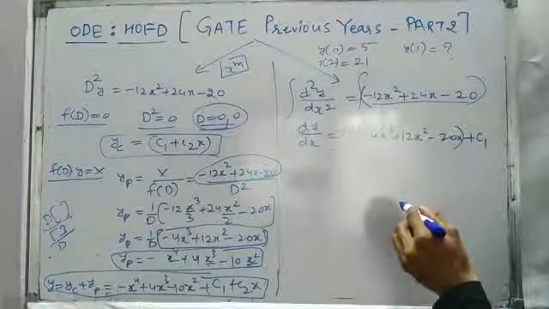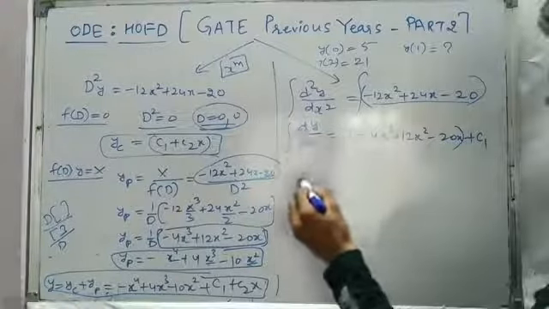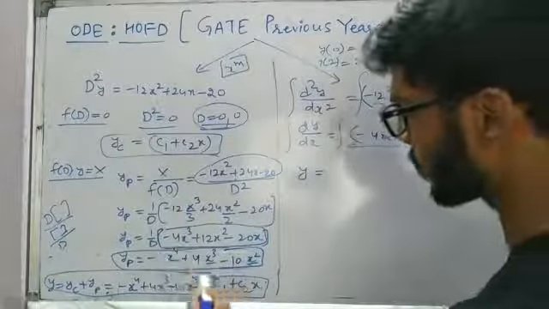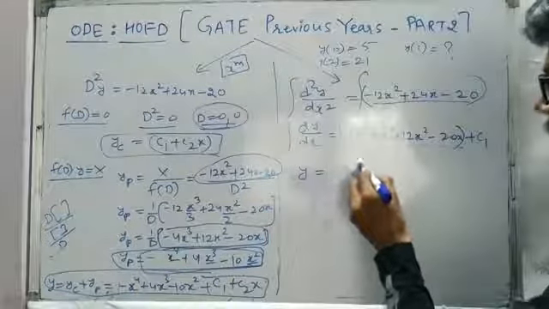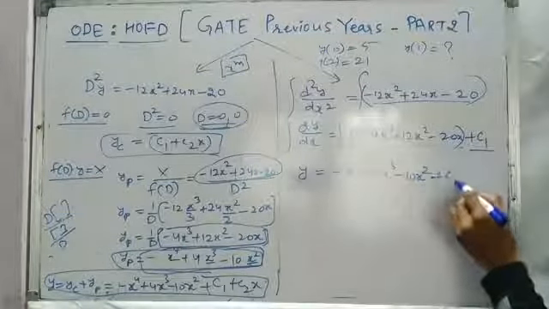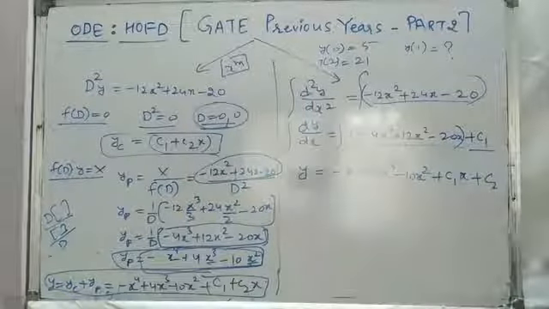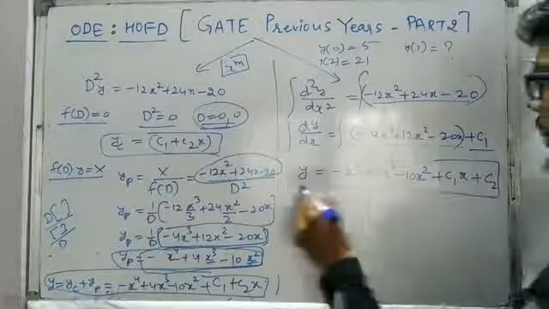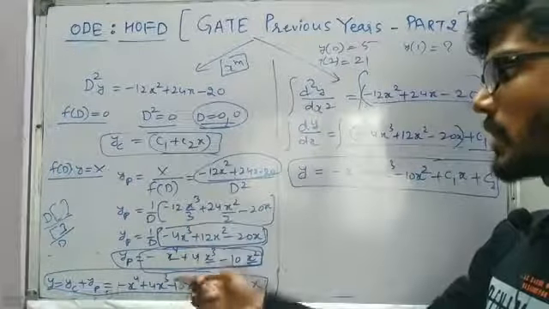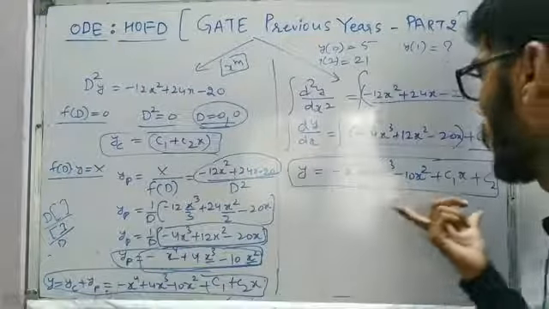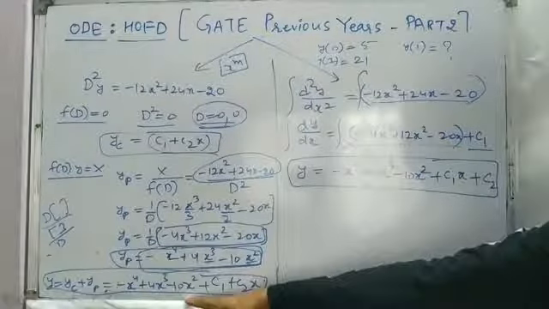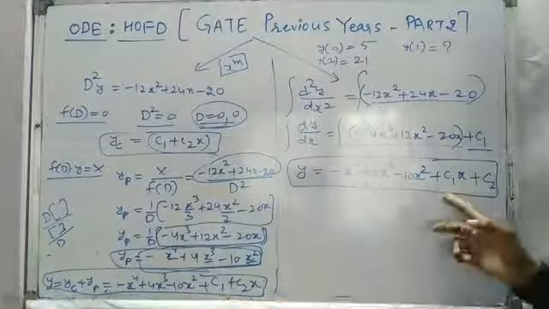So now again integrate one more time both the sides. So you are going to get integration of dy by dx as y, and integration of this term again I am going to write directly from here: minus x power 4 plus 4x cube minus 10x square, but integration of c1 is nothing but c1x, and another constant you are going to get as c2, right? So see how simple that is. You are going to get the complete solution directly instead of doing the complementary function and then particular integral and then combining. You are going to get the direct y as minus x power 4 plus 4x cube minus 10x square plus c1 plus c2x, or c1x plus c2.